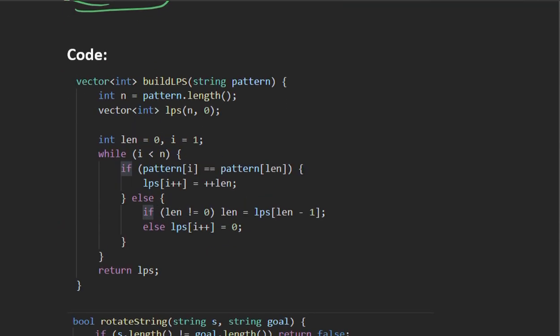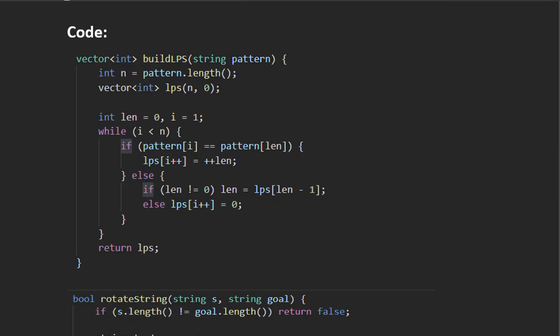So let's see the code part. This part helps us build the LPS array. We have taken the pattern and a vector to store the LPS value for each index. If pattern of i is equal to pattern of length, then we mark LPS of i as length plus 1, right?